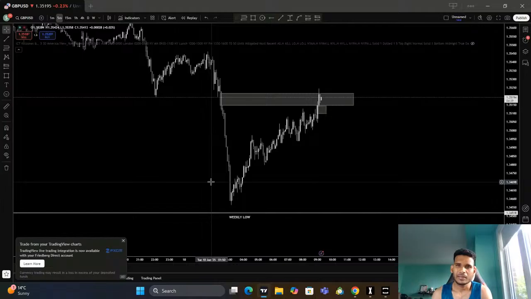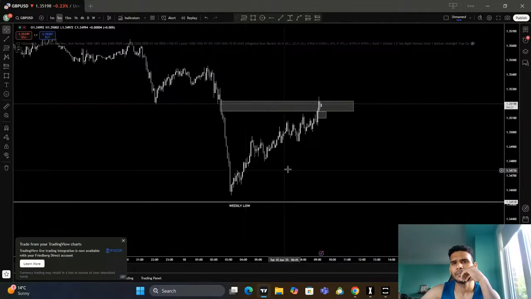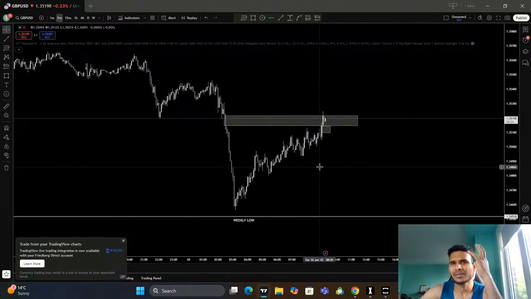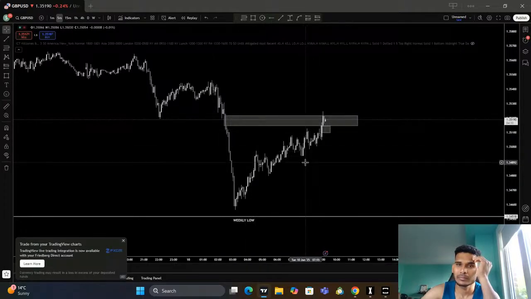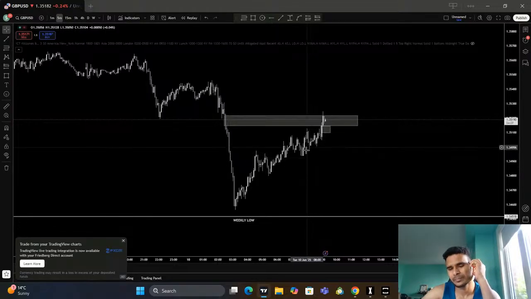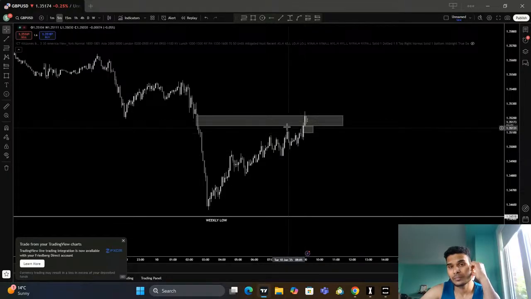Also, rather than the fair value gap entry, liquidity sweep, structure shift, fair value gap is pretty good, bro. But inside the fair value gap, it's a bit confusing. Since it is high time for the parallel gap, I don't know where to enter. Sometimes the gap gets run through, and after that it gives the structure shift and displacement. Sometimes it gives the structure shift and displacement exactly at the 50% level.